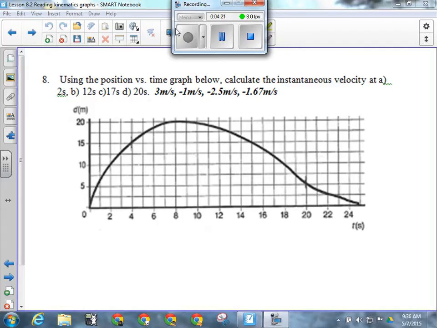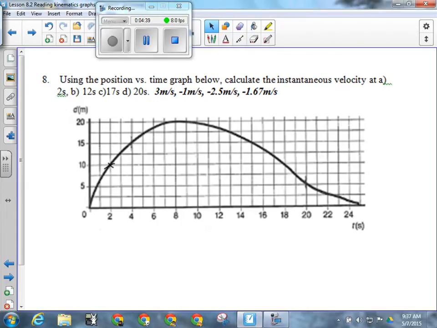Okay, so if we're looking at, let's say, part A here, they want to find the instantaneous velocity at time 2 seconds, right? I need to draw a tangent line that touches the curve right there. All right, so that's what I'll do. I'll take, you know, like a ruler or something for you guys. Okay, for me, it's got to be the line tool. All right, and I'll draw a tangent line that touches the curve at that point,